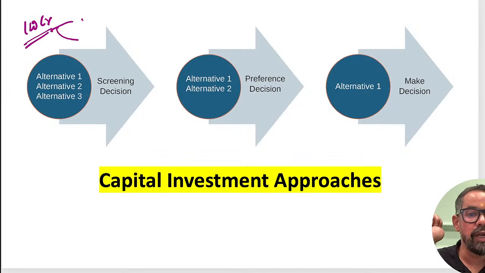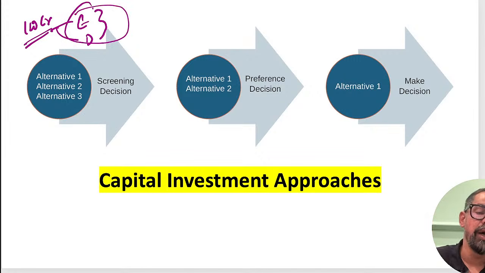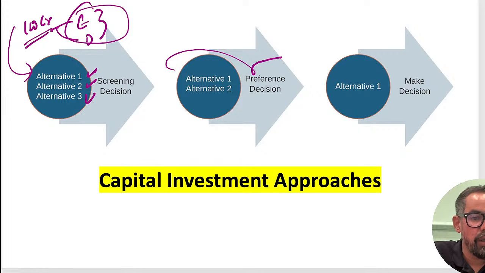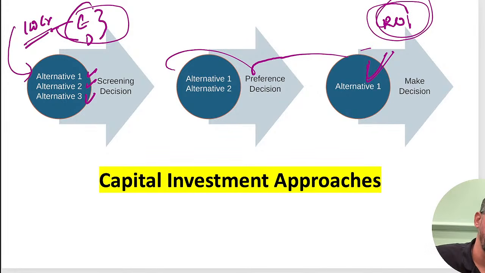Suppose that whatever the equity and debt proportion, we have made the arrangement. Now you have 100 crore rupees with you. What will you do with this? We can do anything with that. So we have multiple alternatives available in the market. Out of these alternatives, you are selecting the best project where your company is getting maximum benefit.